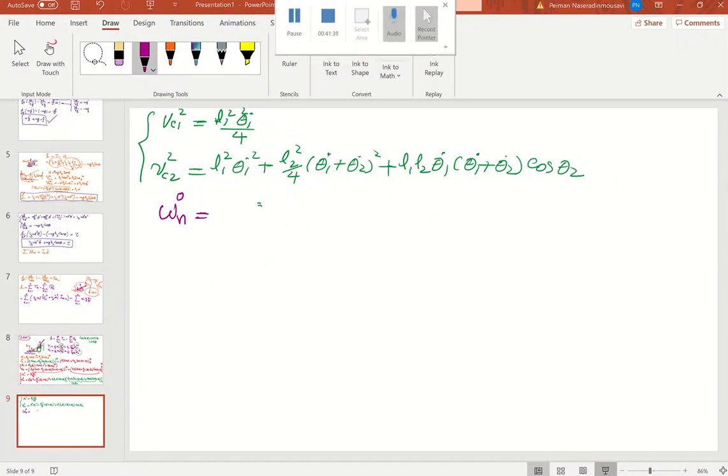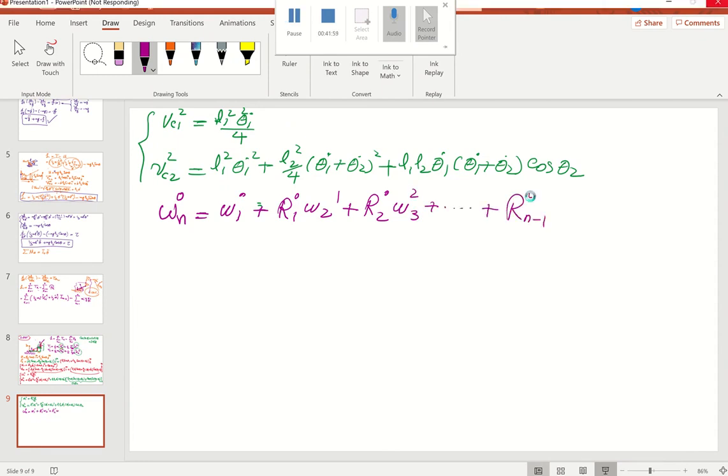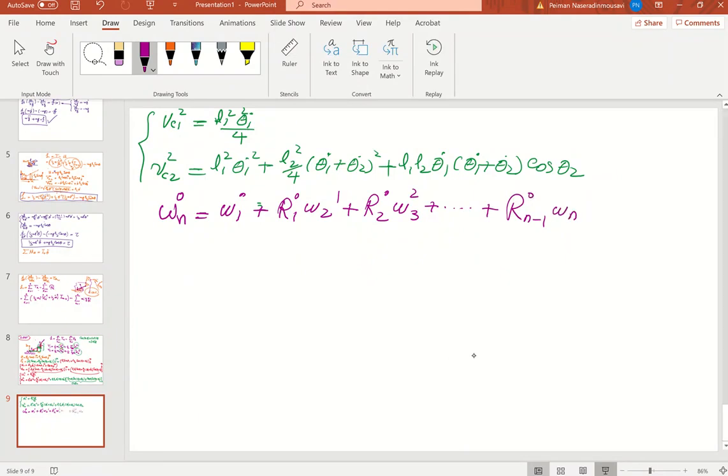Remember this, I taught you: omega 1 with respect to 0 plus R1 with respect to 0, remember the rotation matrix, omega 2 with respect to 1, R2 with respect to 0, omega 3 with respect to 2, and finally Rn minus 1 with respect to 0 times omega n with respect to n minus 1. Remember that I taught you exactly? So now here you have to use this formula exactly for